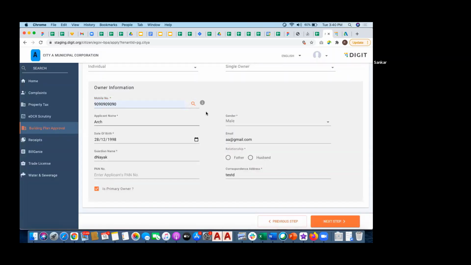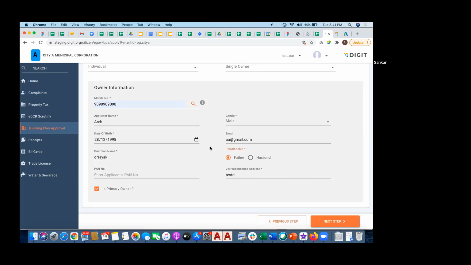It gets the info. If I'm entering a unique mobile number which is totally new, it internally creates a citizen profile with the information entered here. So once I enter a mobile number and click on search, there is nothing to find. It will keep these values empty, where you can type some information so that it creates a citizen in the system. So that's how it works.